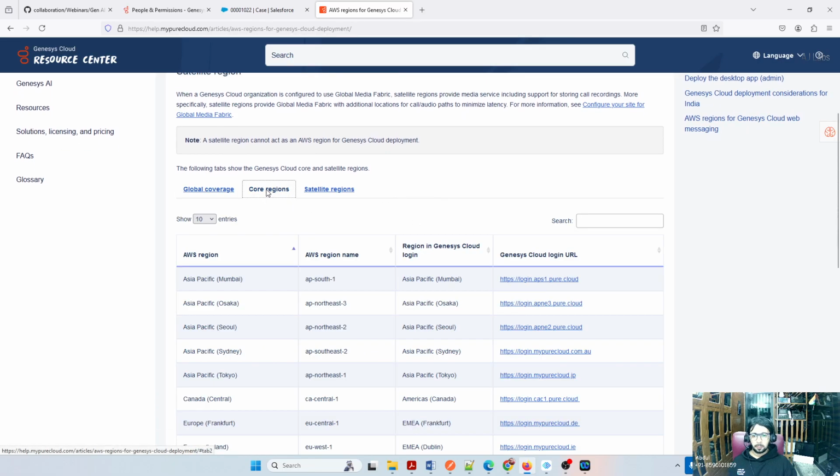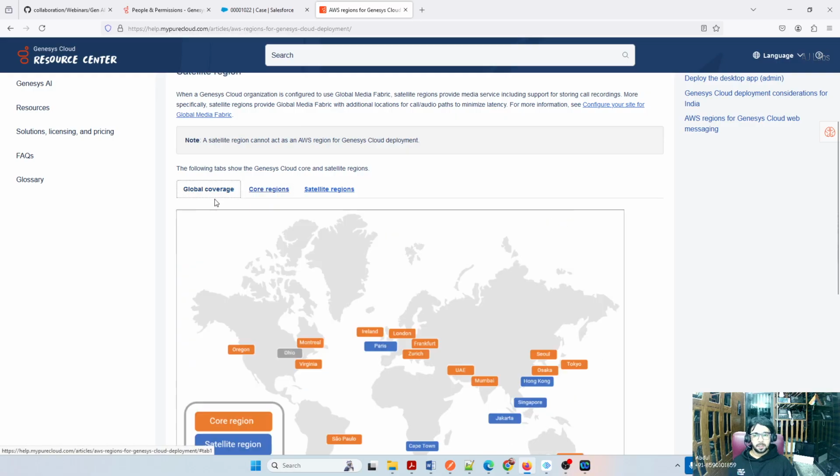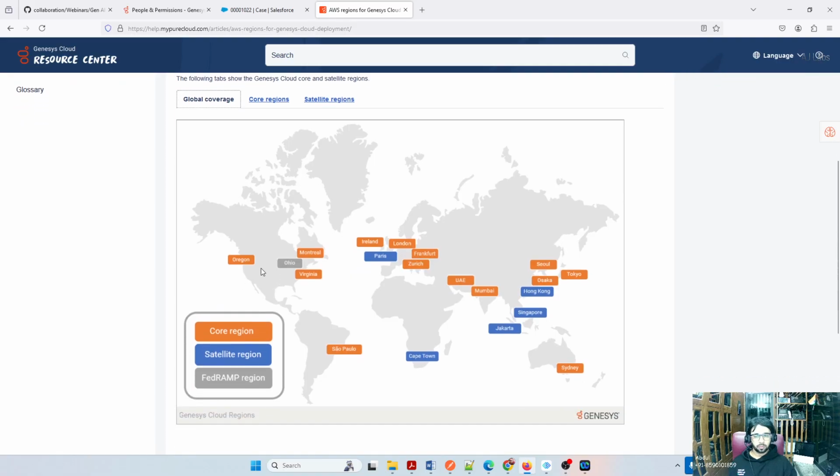Got it. So if your company is registered in the United States, and one of the agents is based out of Hong Kong, the call is still going to route from the United States to the Hong Kong agent, right? Yes, that's true. It will not choose the nearest one. It will still be tied to the actual data center.